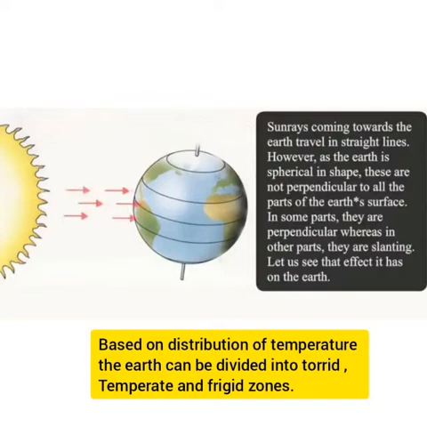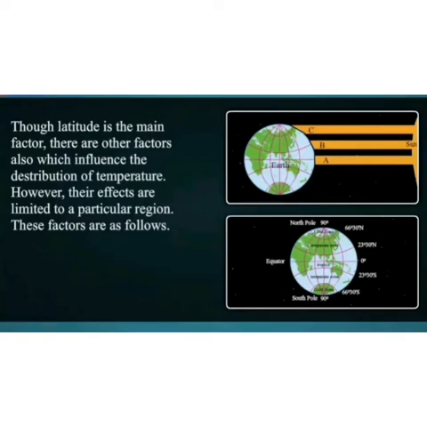Based on the distribution of temperature, the earth can be divided into torrid, temperate, and frigid zones. Though latitude is the main factor, there are other factors which influence the distribution of temperature. Their effects are limited to a particular region. These factors are as follows: